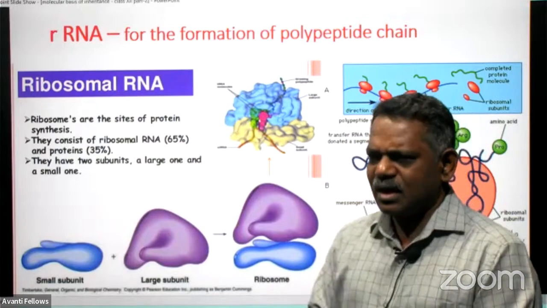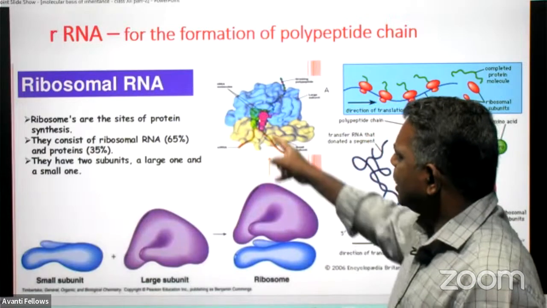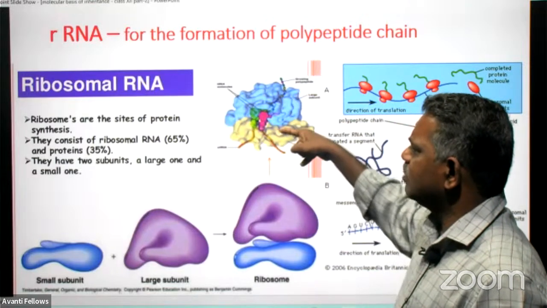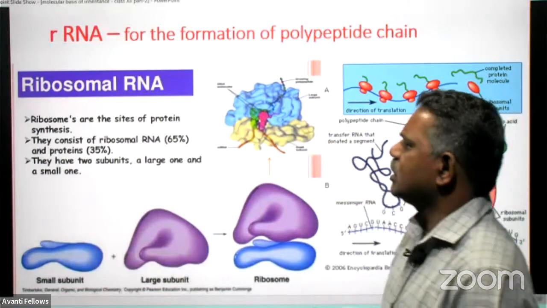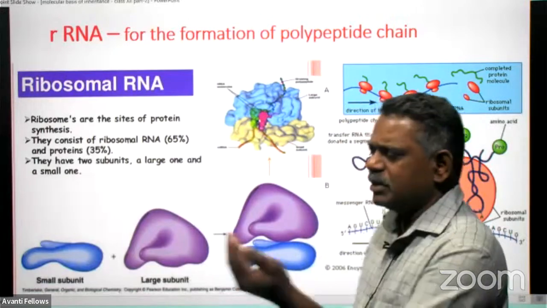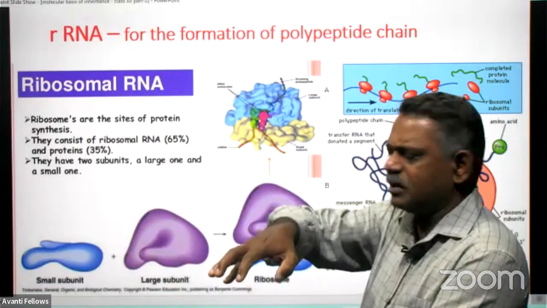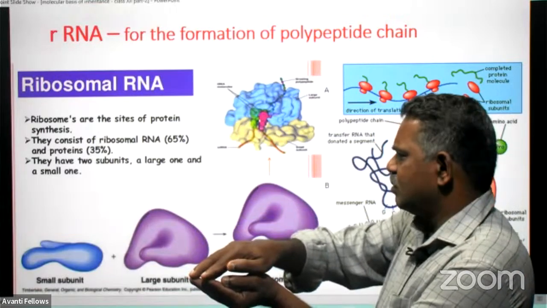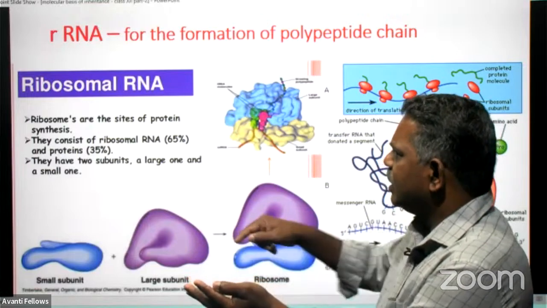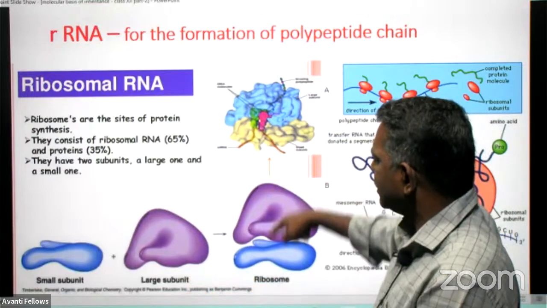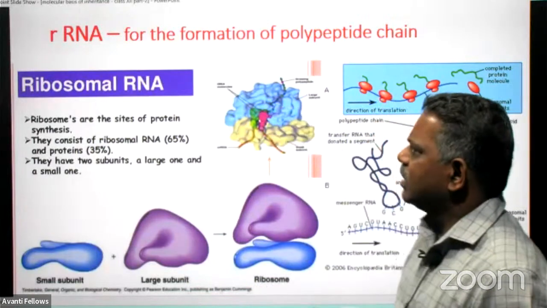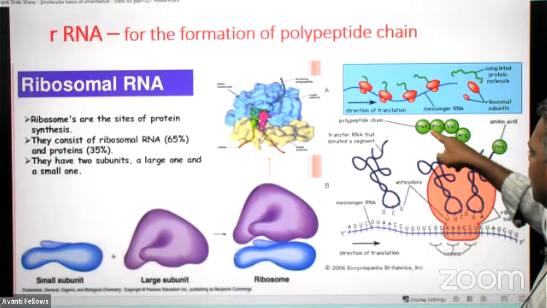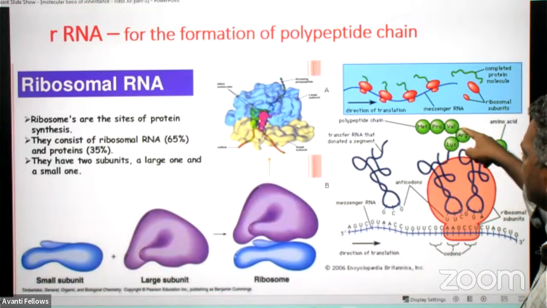And why is it called ribosomal RNA? Because this RNA is placed in between the large subunit and the small subunit of the ribosome. There are two subunits in a ribosome. One is the small subunit and the other is the large subunit. The large subunit is placed over the small subunit, and there is a gap in between. In between these large and small subunits, this rRNA, ribosomal RNA, is located, and this rRNA is responsible for connecting all these amino acids